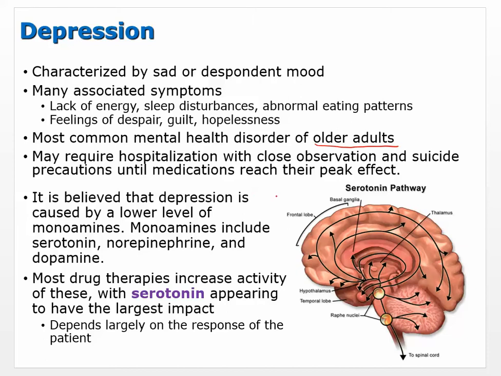It's believed that depression is caused by a lower level of monoamine. So if we think about what happens in the brain, this kind of becomes important. You need to know what monoamines are. Maybe not all of the details. An amine group is usually just like a nitrogen-containing group, like amino acid. You see that word every now and then. Monoamine just means that it has one of these, and that's common for serotonin, norepinephrine, and dopamine. These are all made from different amino acids, and so it kind of makes sense. As long as you remember, when you see the word monoamine, you should be thinking of at least these three